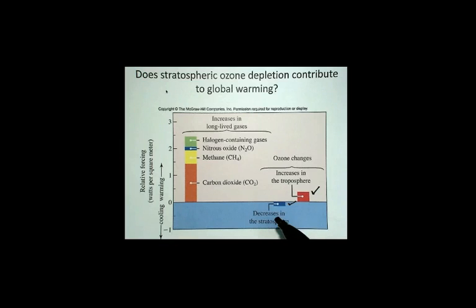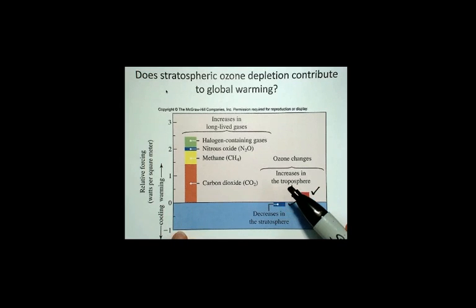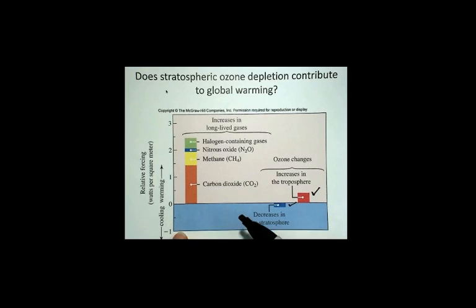Okay, the hole in the ozone layer is all about allowing the ultraviolet light to come in, and ultraviolet light doesn't heat up the surface of the Earth. It's the visible and the infrared. It's the absorption of the visible light by the Earth and the absorption of the infrared by the Earth that is then radiated to the atmosphere and trapped by the atmosphere. Okay, so it's from the Earth out, really, and the Earth is warming because the visible light and infrared light are getting to the Earth. Alrighty, so that's a completely different factor than all of these other gases which do contribute to global warming.